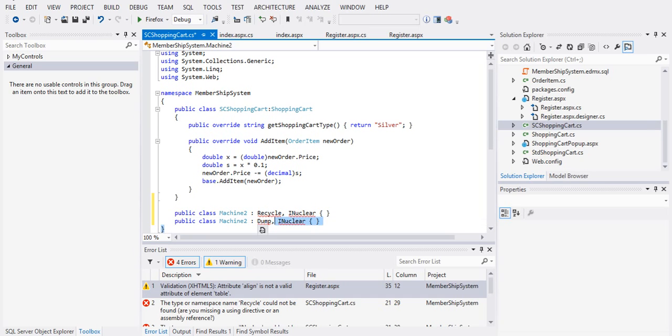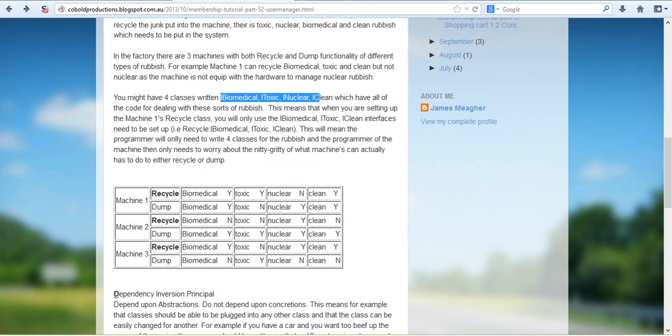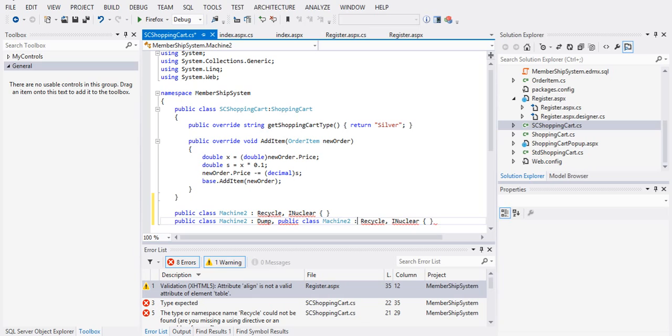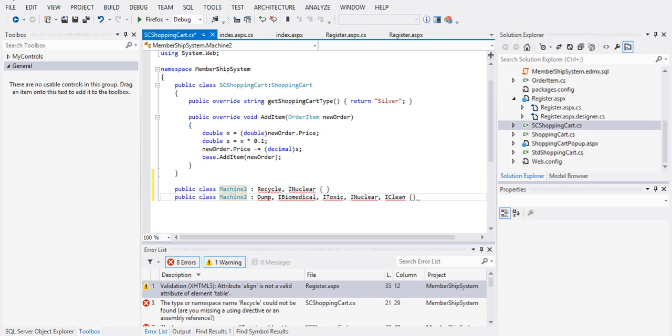So we go Control V. So okay, obviously you can't really have two classes that are sort of the same, but this sort of is just to explain it. So you see that machine 2, this would be the recycle class, so just should be the dump class. So anyway,